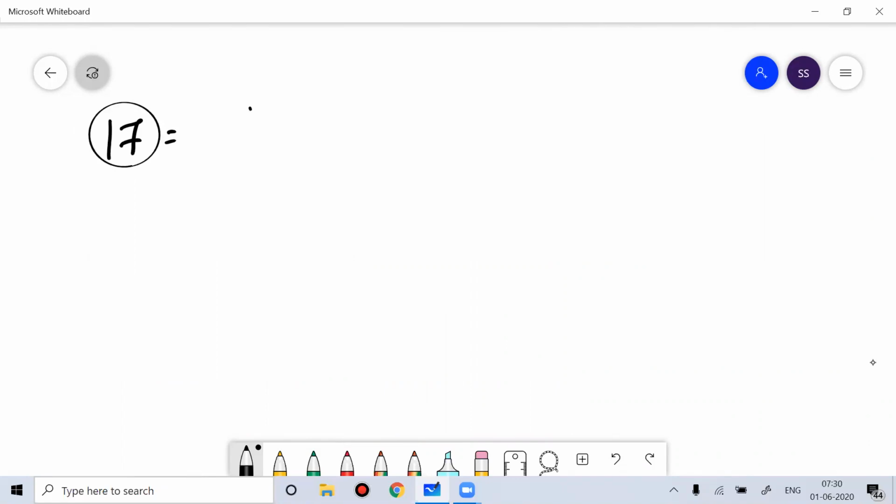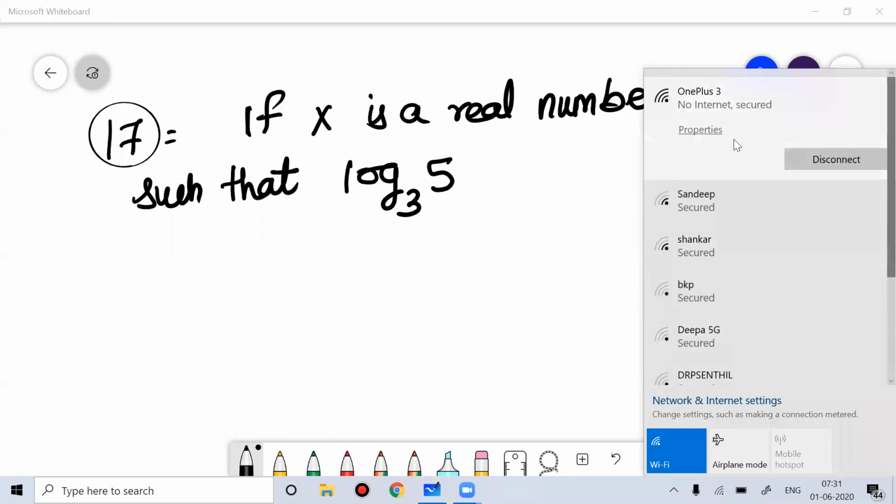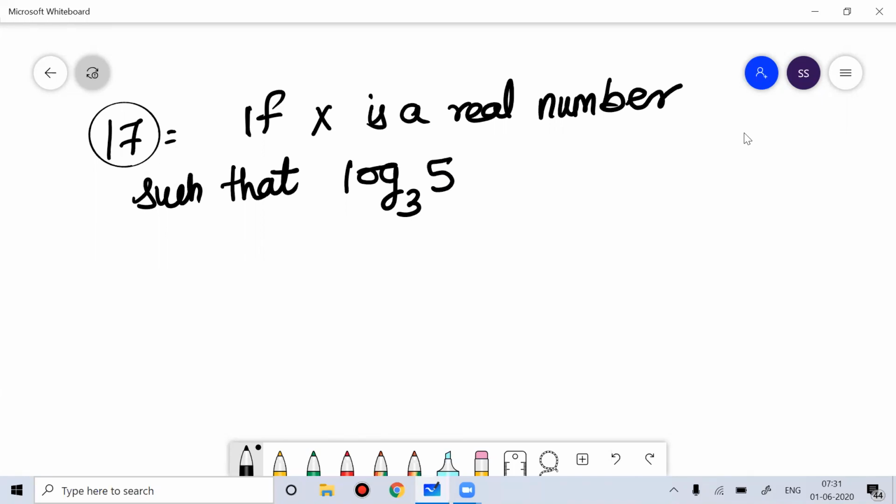So if x is a real number such that log base 3 5 is equal to log base 5 of